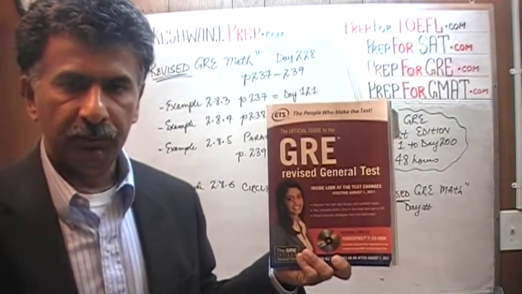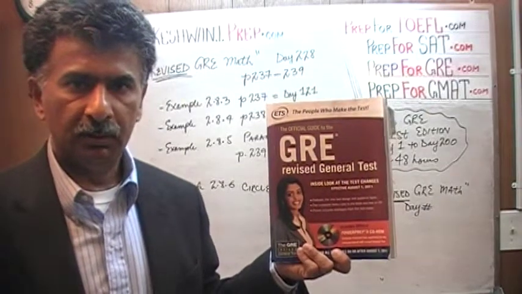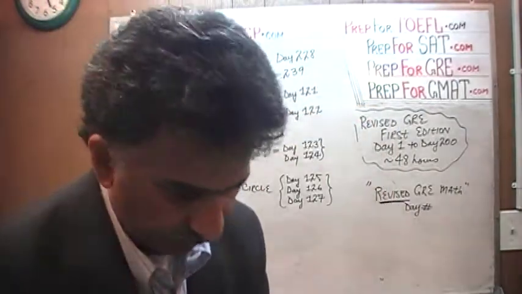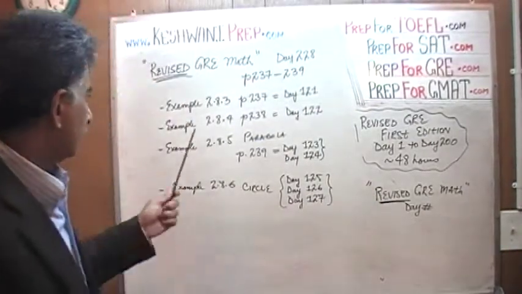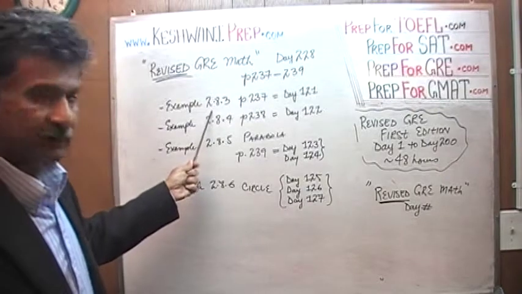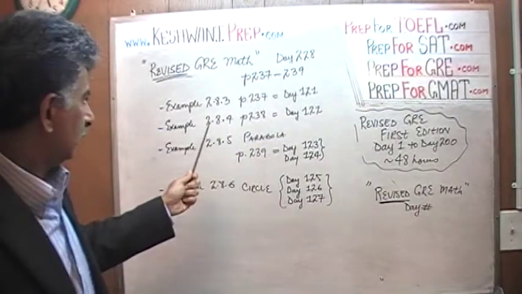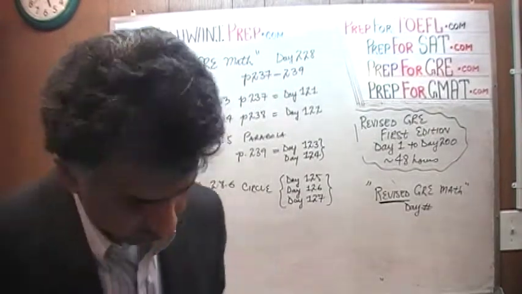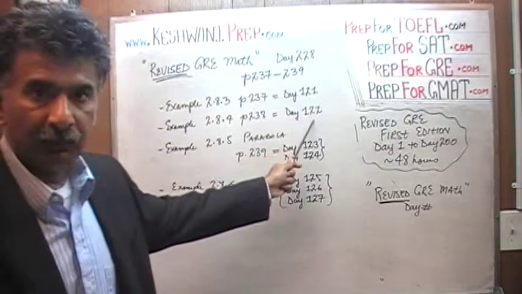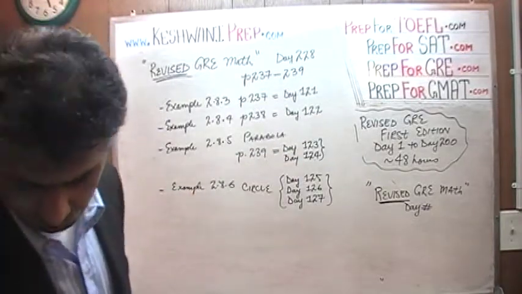I have already solved all the problems in this book. So I'm simply going to give you the day number that you can go to watch the solution to a particular problem. For example, example number 2.8.3, the solution to that problem you will find on day number 121. 2.8.4 on page number 238, you will find in day number 122. On the top of page 239,